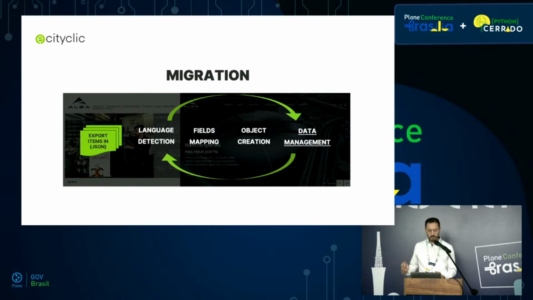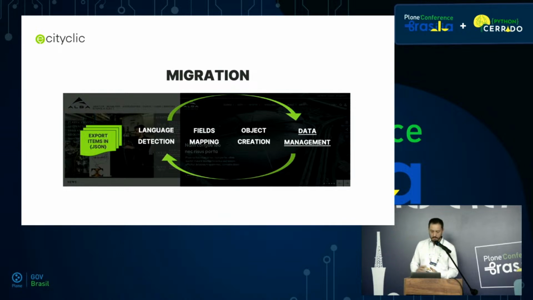First, we export the old content types in a JSON file. We uploaded this JSON file to the new server. And then, thanks to a browser view, we did the full import process. First, iterating every JSON object, detecting its language to know where to create the element in the new content structure. Then did the field mapping, the title, the description, the dates, the subjects, also mapping to new subjects because the new ones were different from the old ones. And finally, downloading the main images from the public URL and assigning them to the corresponding field in the new